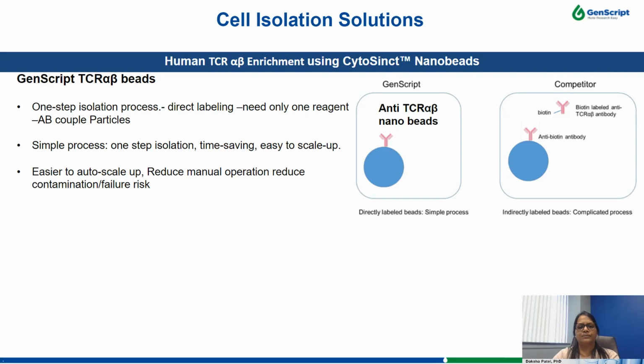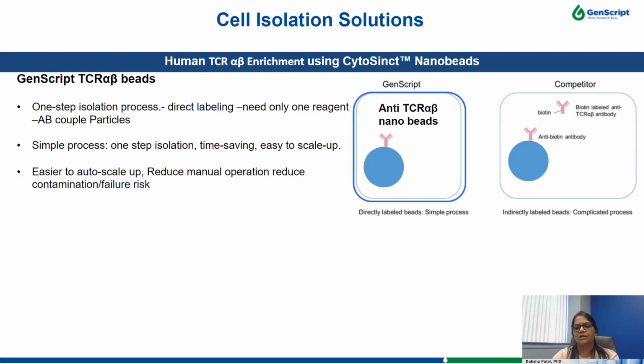And this GenScript TCR alpha beta beads. These beads support the one-stop isolation process. So via direct labeling, you need only one reagent, which is an antibody-coupled particle. The anti-TCR alpha beta antibody is coupled on the particle surface. And the advantage is that it is easy to use at bigger scale, meaning auto scale, as well as